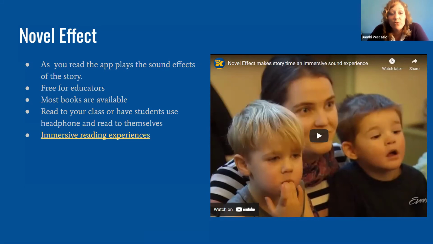You can recommend a book if there's one you can't find that you'd really like. What they do is go through the book and find sound effects to go with it to make it feel more alive. So you read the book to your class, but you play this app in the background. And what it does is bring in sounds, and there's a quick